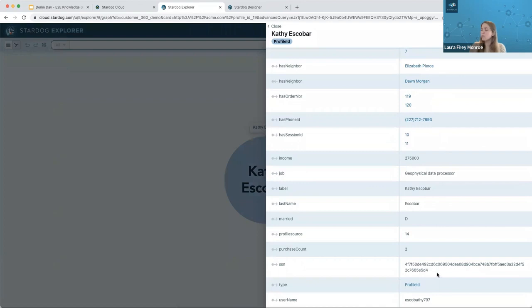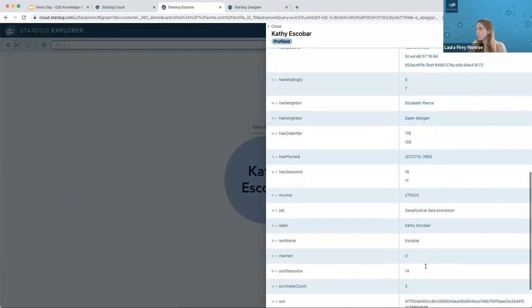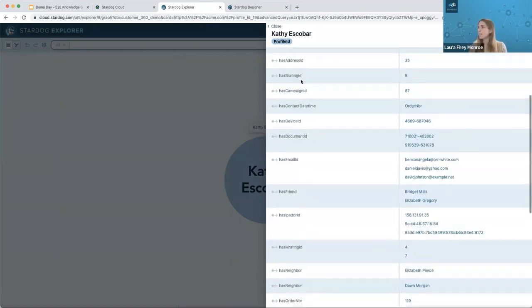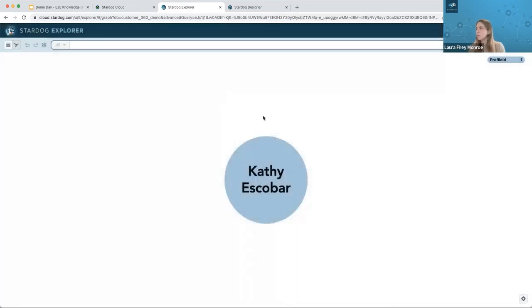And okay, we see that their SSN is now hashed. We know that if we wanted to, add a message to this or show the last four digits, we could change the masking function. But for now, the fact that it's masked is already closing a gap there for us. So that's great. We can now start on the analysis that we wanted to do for which credit card companies